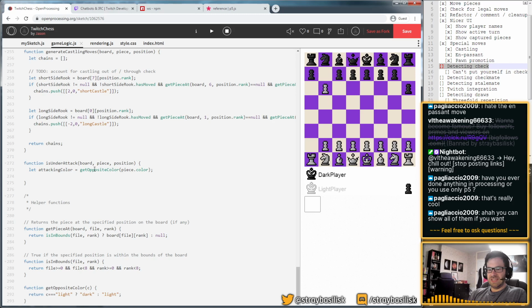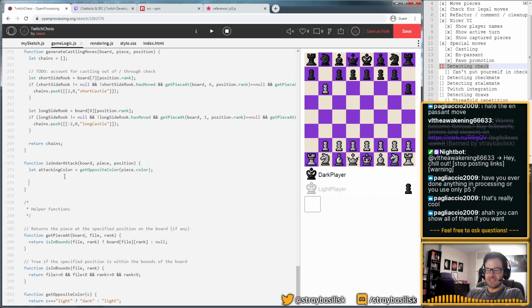And all we need to do really is loop over every opponent's piece and find out its legal moves, and if its legal moves contain our piece, then we can return it. Although there's a slight quirk about this that I'm going to have to account for, and it's going to make it more complicated, and it's kind of annoying. Okay, so let's do the dumb way that's going to be buggy first.